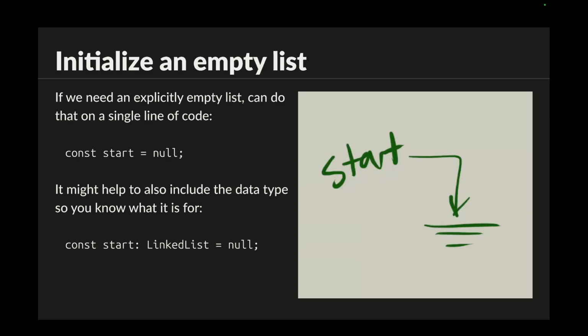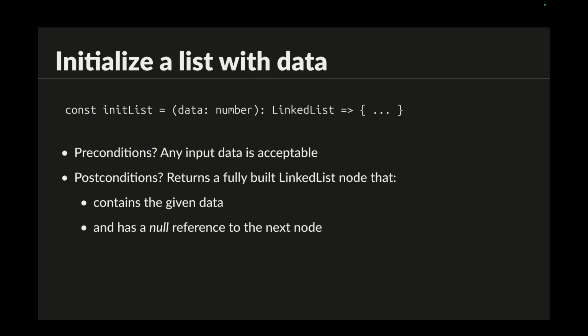Okay, so in order, let's initialize an empty list. So remember this drawing of an empty list? If we need an empty list, all we have to do is initialize a linked list reference to be null. Here it's called start. If you need a new linked list node that has a particular value, use an init